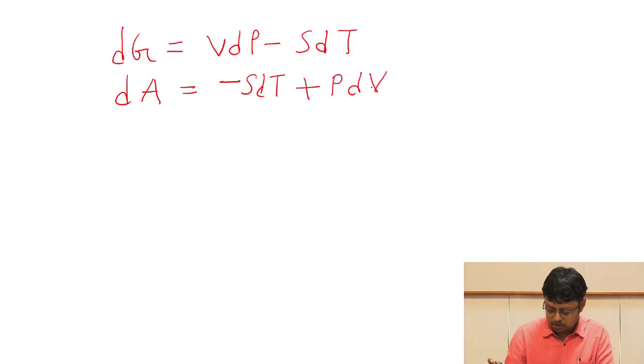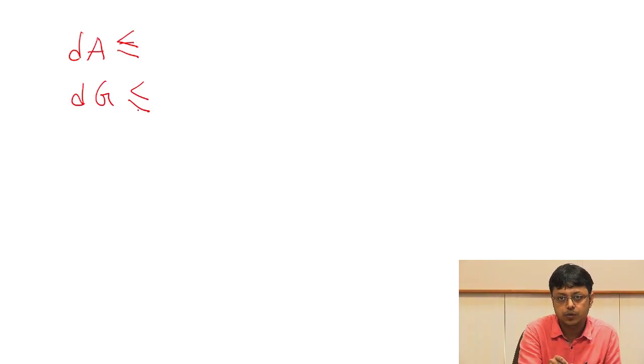And according to our discussion, we said that the two most important quantities are dA and dG, and the conditions for spontaneity and equilibrium for these two thermodynamic functions are given by